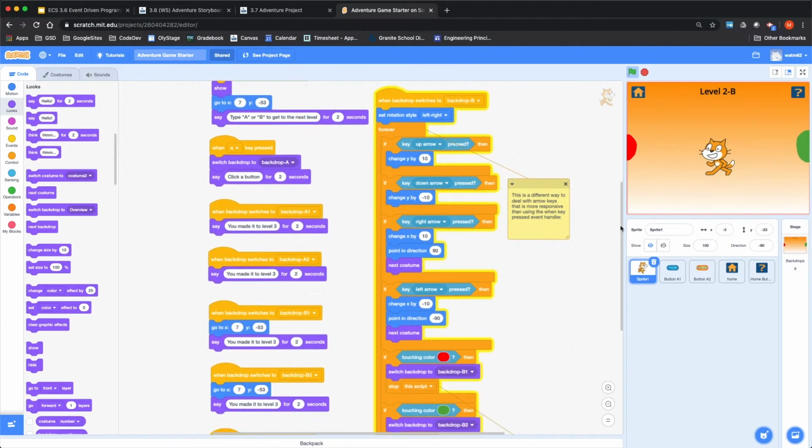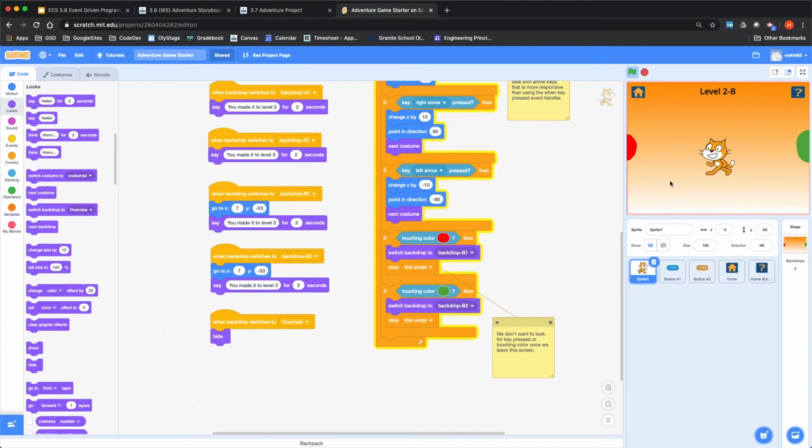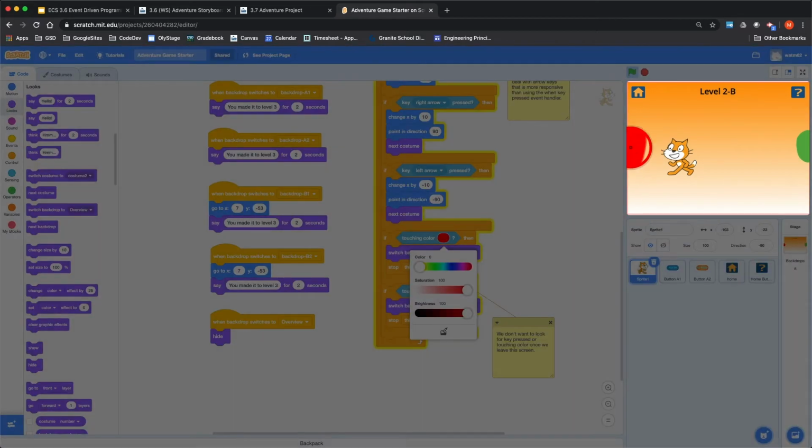Okay, the last thing that happens here is in this adventure we're supposed to advance until we're touching something, or in this case a color. So we have a little if block in here that says if touching the color red. The way that you set a color, by the way, is to use the picker tool down at the bottom of the palette and zoom in where you can see the color you want to touch